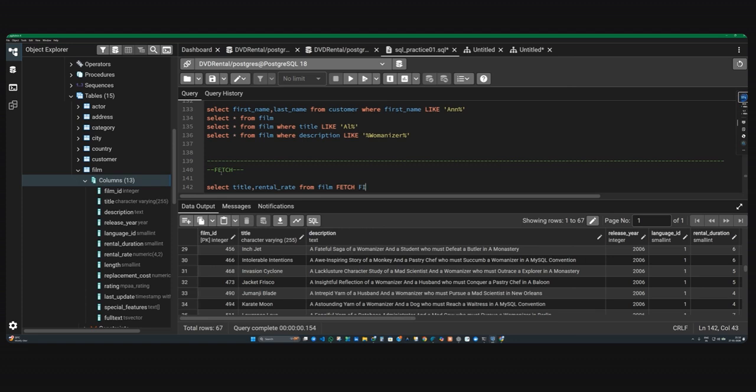First. Oh, sorry. Fetch first 5 rows only. Oh, W missing. Rows only. Just mention in caps. Rows only. Okay. First I'll run the select star from